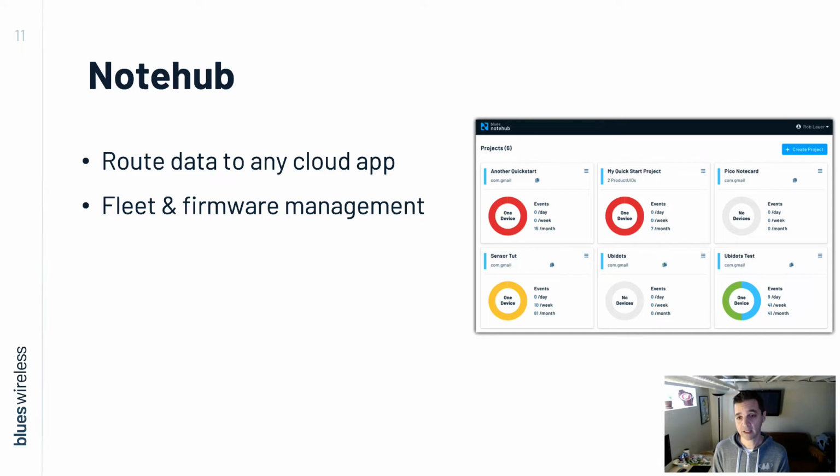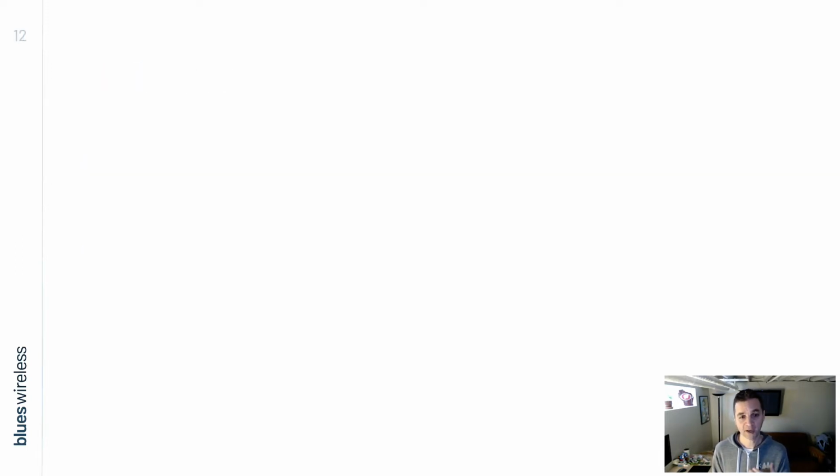Also within Notehub, you can manage fleets of devices. You can update host microcontroller and Notecard firmware over the air, which is an important topic for our conversation today. Notehub is again all about securely transmitting data both from the Notecard and to your cloud and vice versa. And I mean secure as in data is transferred off the public internet via private VPN tunnels between Notecard and Notehub.